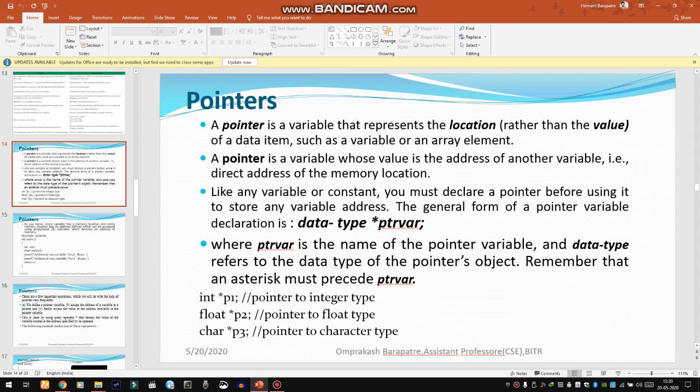Here are some declarations: int *p1, where p1 is a pointer to an integer type of object. Then p2 is a pointer to an object of type float. Then p3 is a pointer to character type.